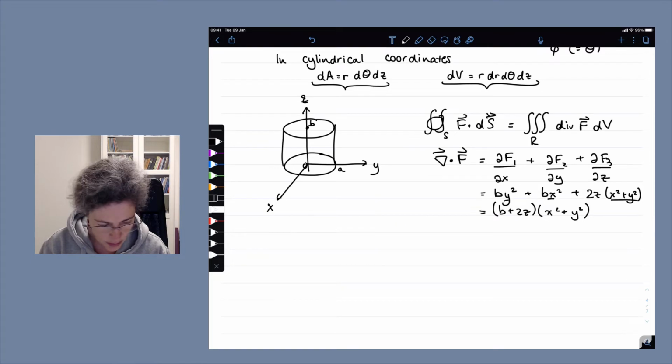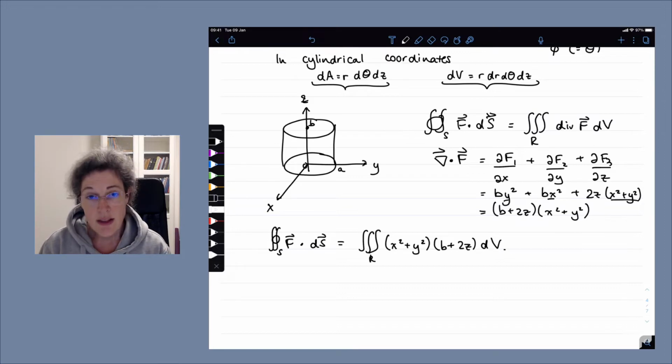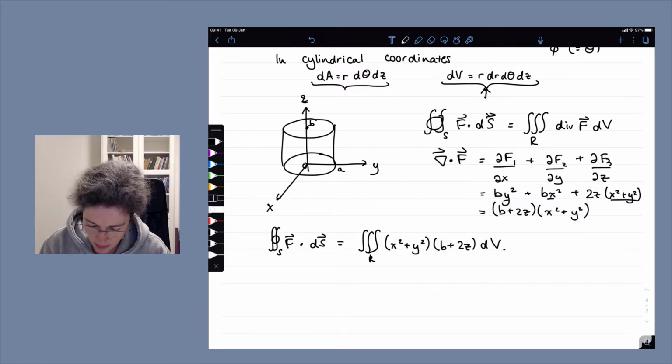So what we're actually wanting to do is say, well, our surface integral, which is the thing we were originally asked to find, is going to be the integral over our region of x squared plus y squared times b plus 2z dV. And this is the point where it becomes useful to use cylindrical coordinates. Obviously you don't have to, but they make life easier. So we've got our dV, we know that's this thing over here. So we're going to have x squared plus y squared. Oh no, we're not, because